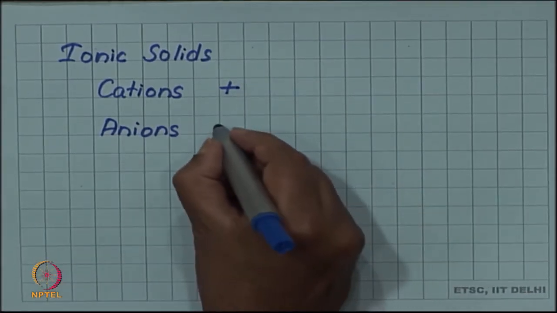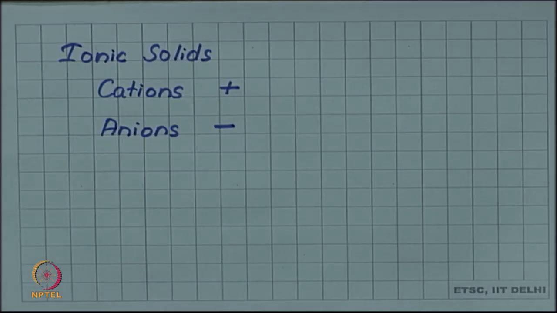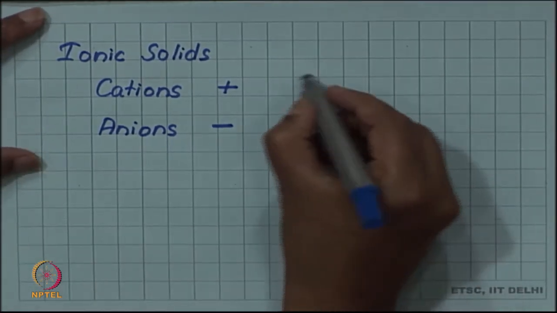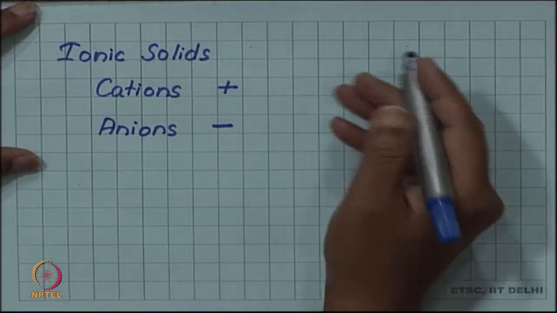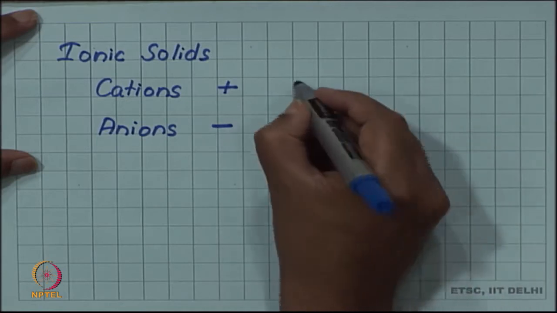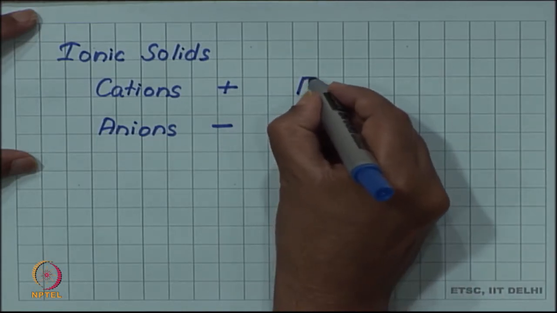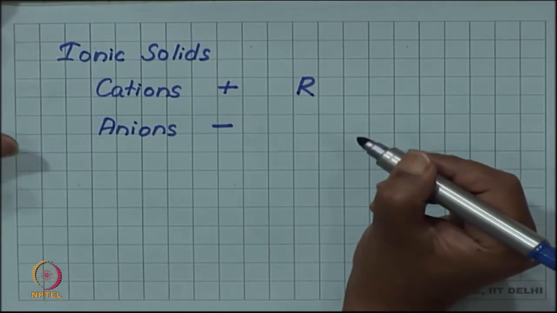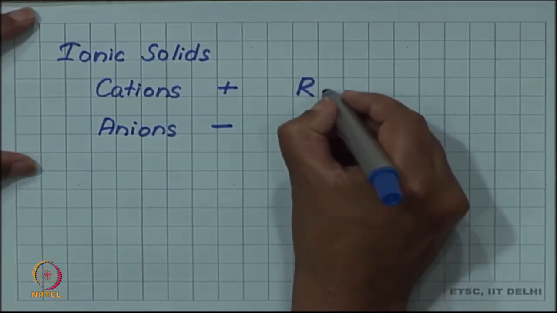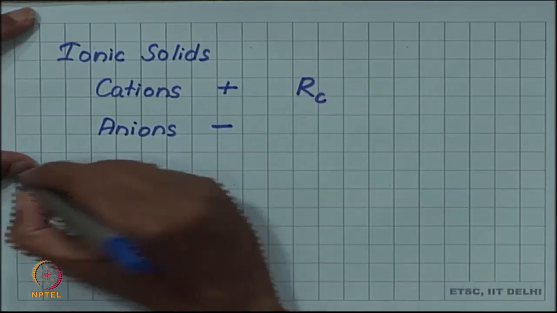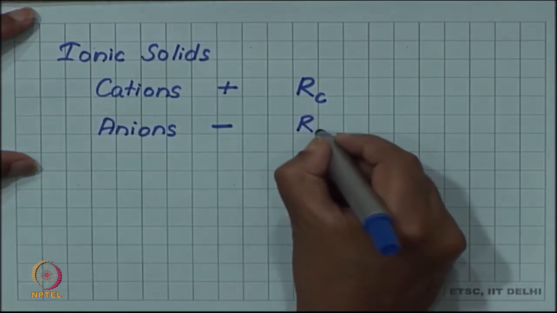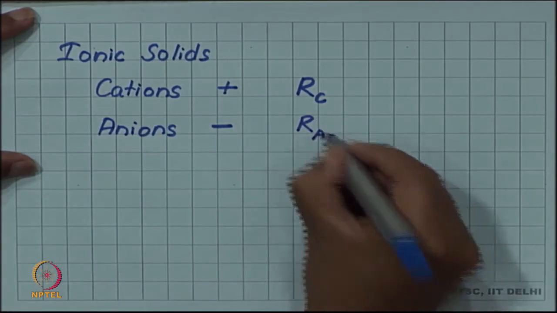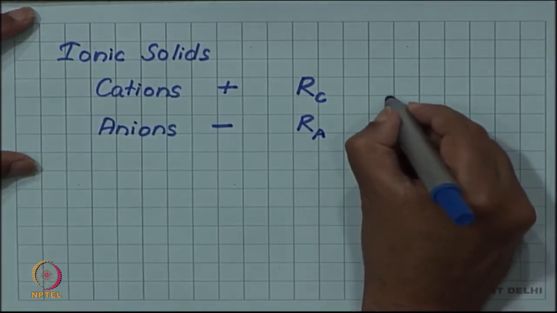The anions are attracted to the anode, so they are negatively charged. To get the positive charge, cations lose electrons. So, usually their size, let me call it R cation, the radius of the cation, and R anion, the radius of the anion, and usually